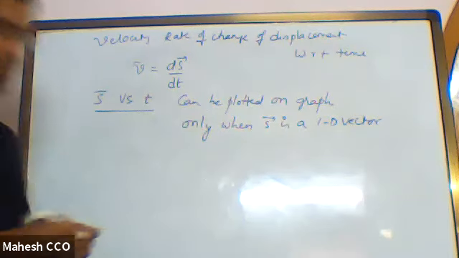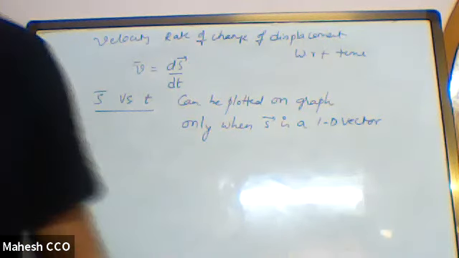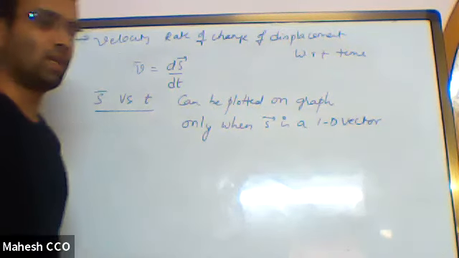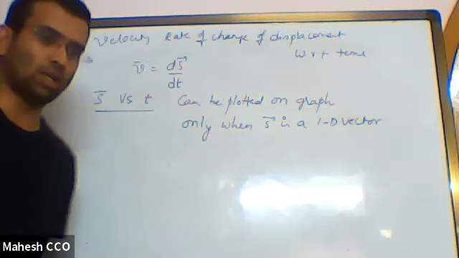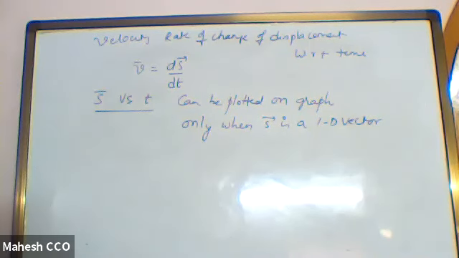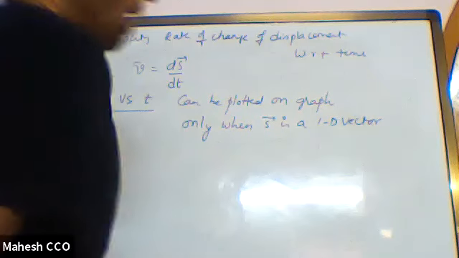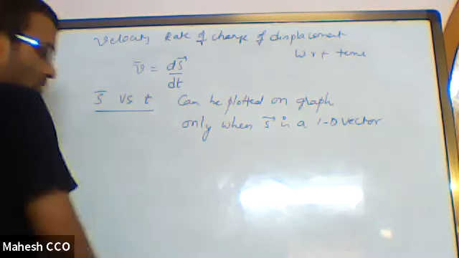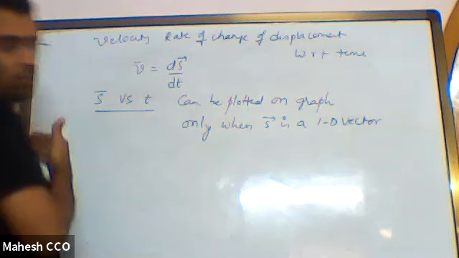Why so? If S bar is a vector which is only in the x direction, then we can disregard the vector notations by simply thinking that anything in the positive x direction is plus, and if it is in the negative x direction, it is negative. So basically, forward is positive, backward is negative.